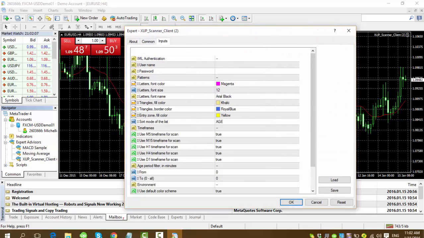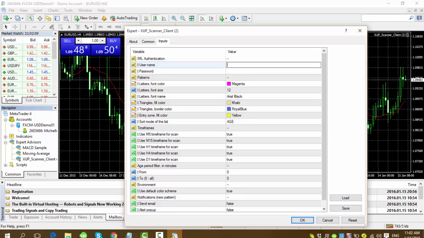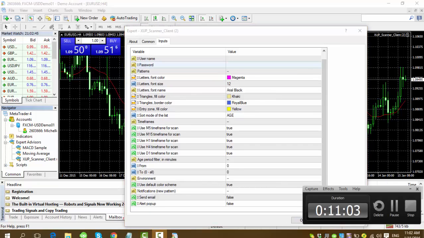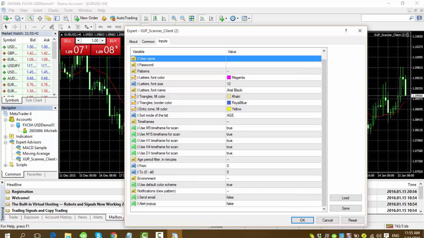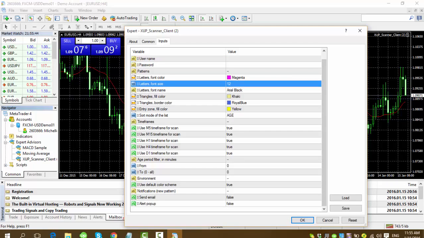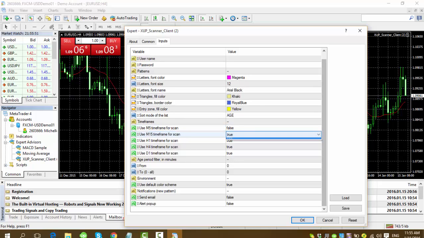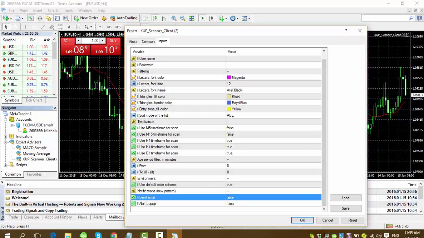When you go to the inputs tab, this is the place where you have to put your login for username and password, the one that you're using with IML. Don't forget to put that on username and password. And from our CEO Christopher Terry's video before, some of you may have watched it, he recommended on that video to turn off both of these to false, and to make sure that we set the send email to yes or true,